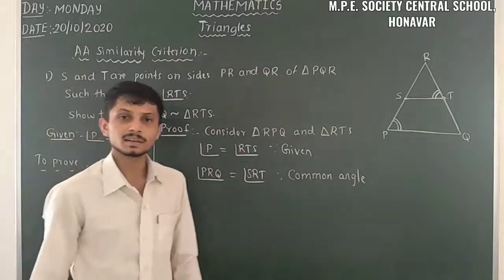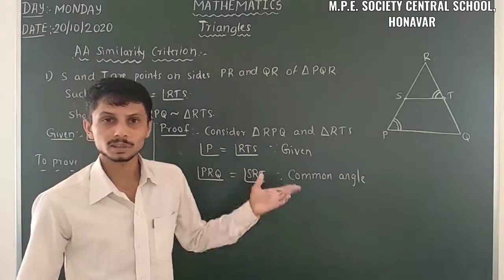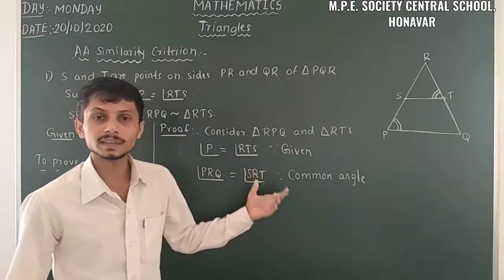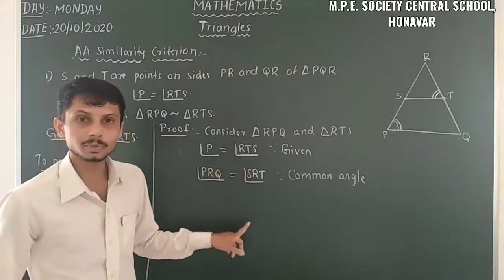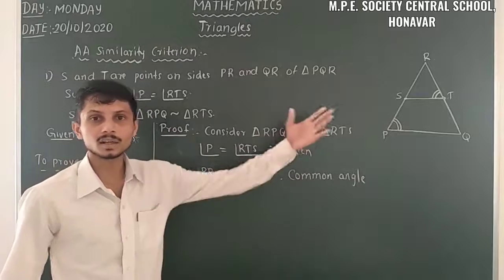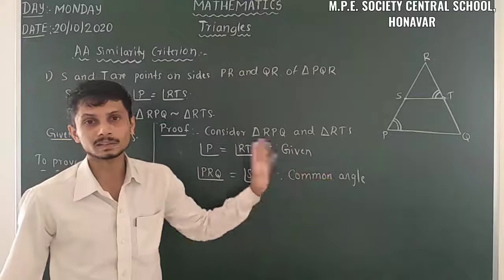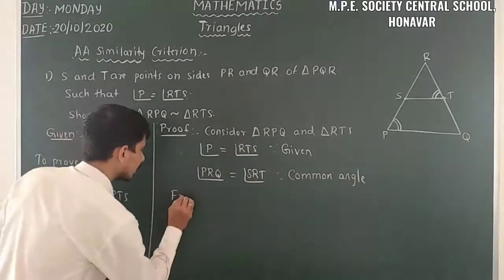Are any other equalities possible here? Any other angles? No. Any other sides? No. So that is why we can take it as the AA similarity criterion. That means we have two pairs of equal angles, so the third pair of corresponding angles is also equal. So from the AA similarity criterion,